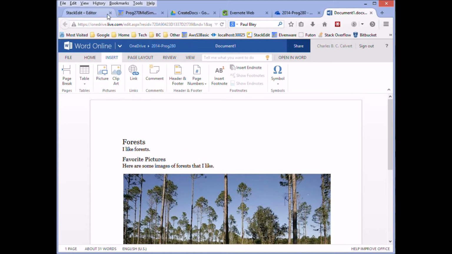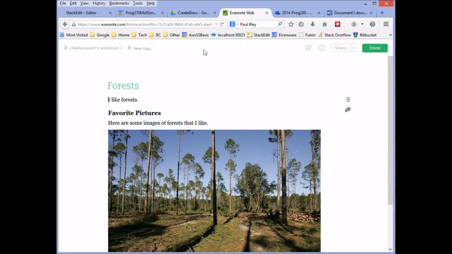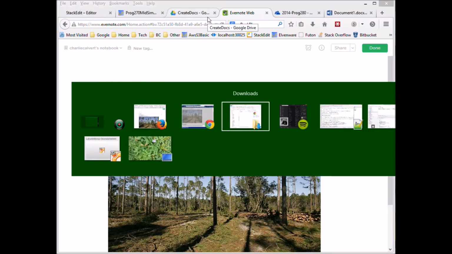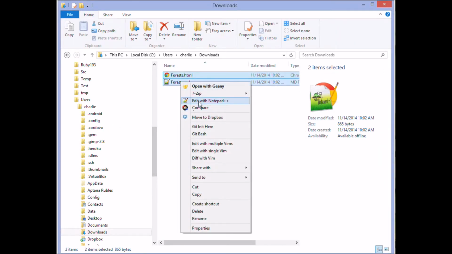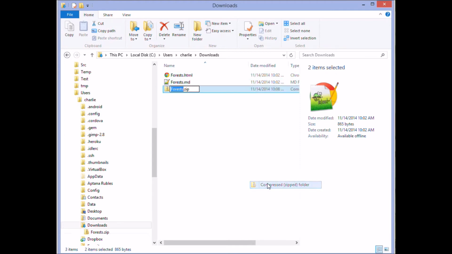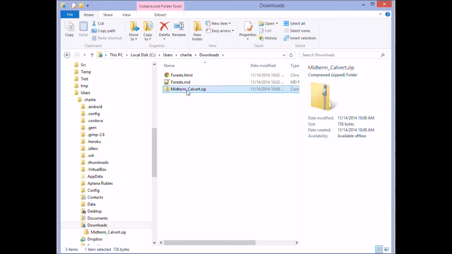Okay, and then when you're done, I can find these ones because they're in your right folders, and I can find this one and this one, your Google Docs. I can find them because they're in your folders, but I also want you to, you know, you're going to create not just one document as I have here, but 3 of them. Right click on them, send to compressed zip folder, and call it midterm.zip or something. Actually, do better than that. Midterm _ your last name.zip, and then submit that